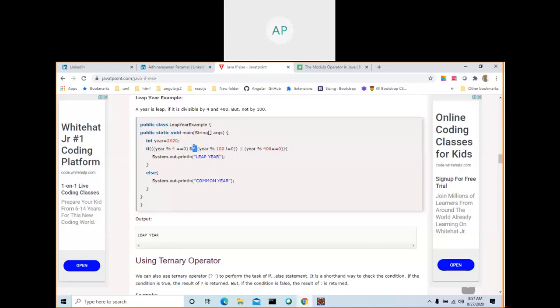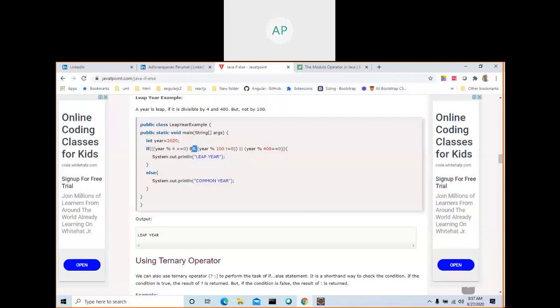You are adding more than one condition. From here to here is one condition. From here to here is one condition. And this one is the AND operator. It checks whether both are true. This is the AND operator. This one is the OR operator. So all this you should learn yourself. So you got some idea. From there, go and read repeatedly and try to understand.